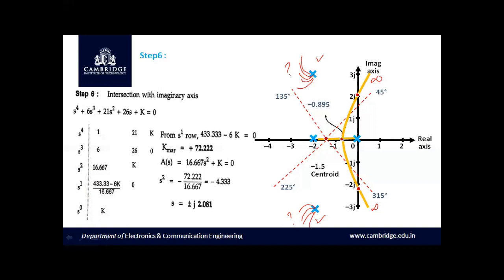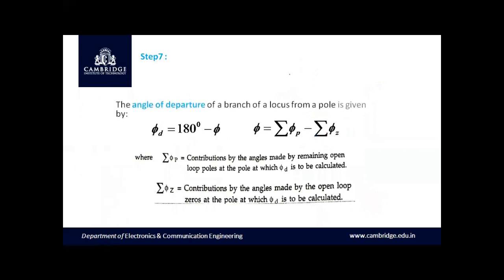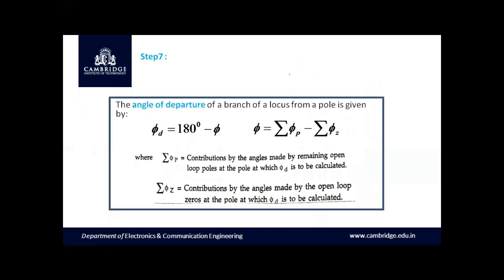And once after calculating this angle of departure, it gives you the complete sketch. So let us move on to the next step, calculating the angle of departure. Step number 7 is to calculate the angle of departure of a branch of root locus from a pole, that is complex conjugate pole, given by phi d is equal to 180° minus phi, where phi is given by